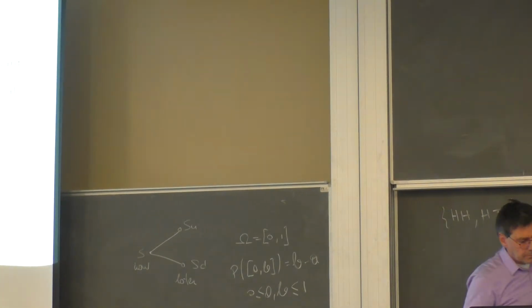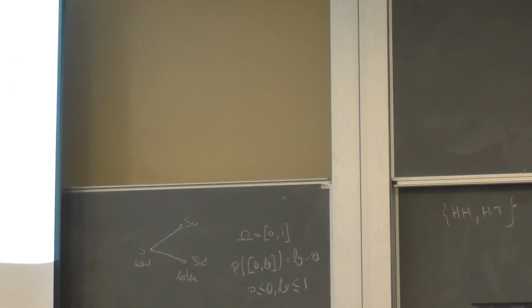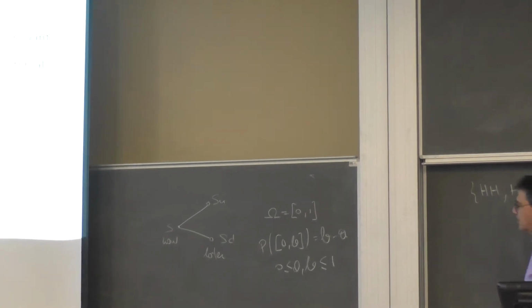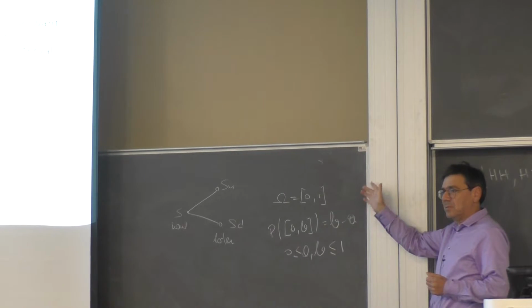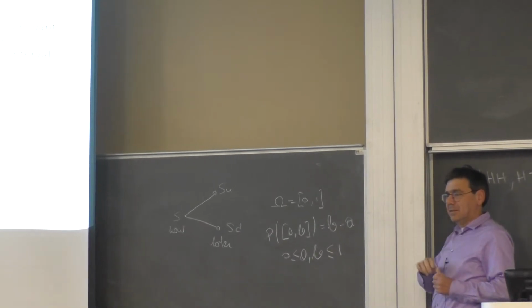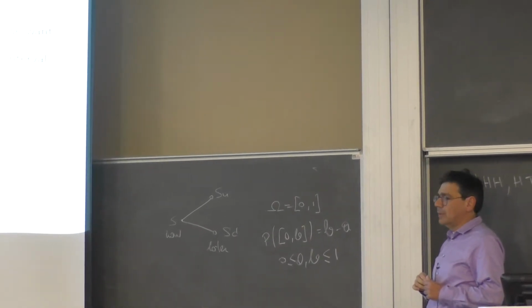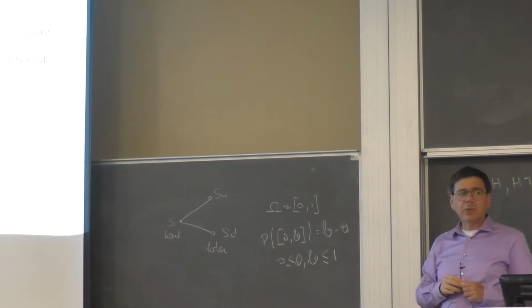Right? So can we do that? Well, it looks as if I've just done it, but what's missing here? What's missing here is I have to tell you what is a valid event, to which events are going to